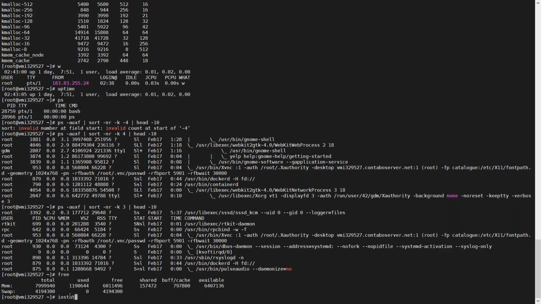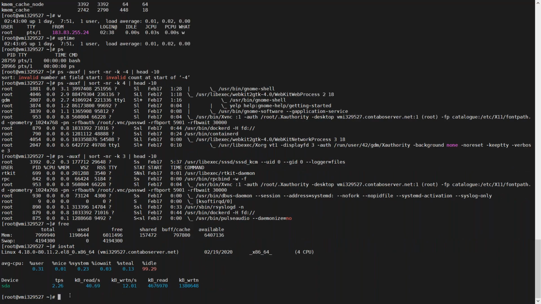And there is a command called iostat. What this iostat will do is it will report all the CPU statistics basically. If you look at this average CPU, it is saying the percentage user time, the system time, the IO wait time, and idle time. Idle time is 99.29% because